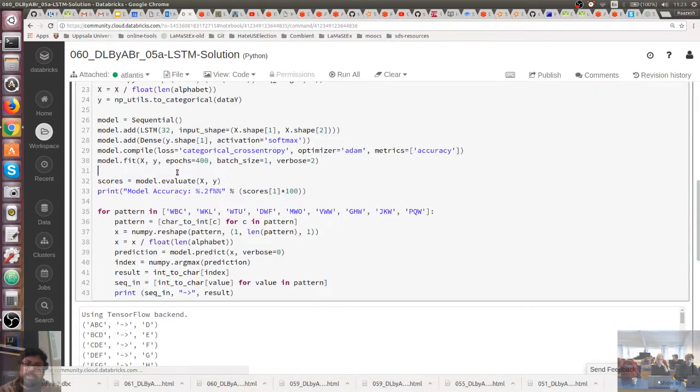Let's get started. So here's the solution. So he's just putting a bunch of corrupted words, and then after fitting the model, simply